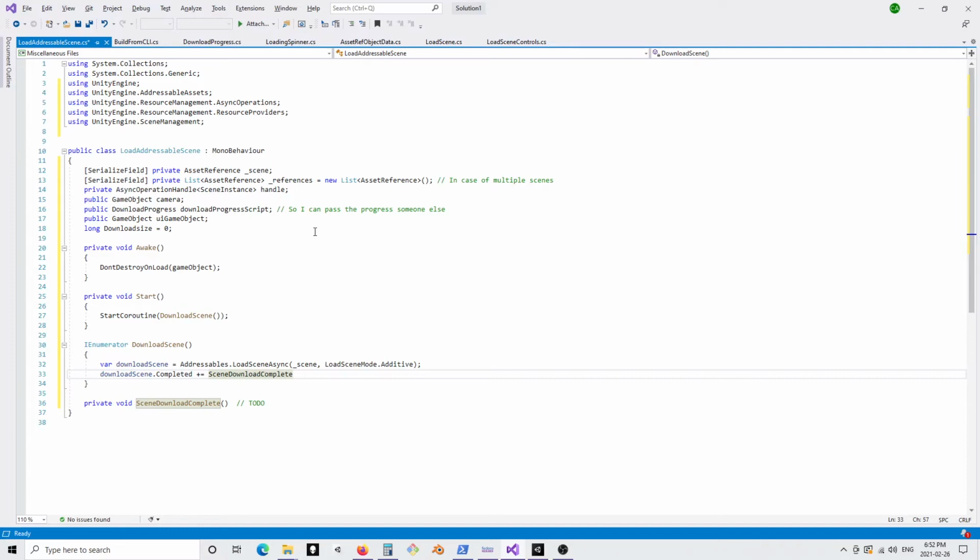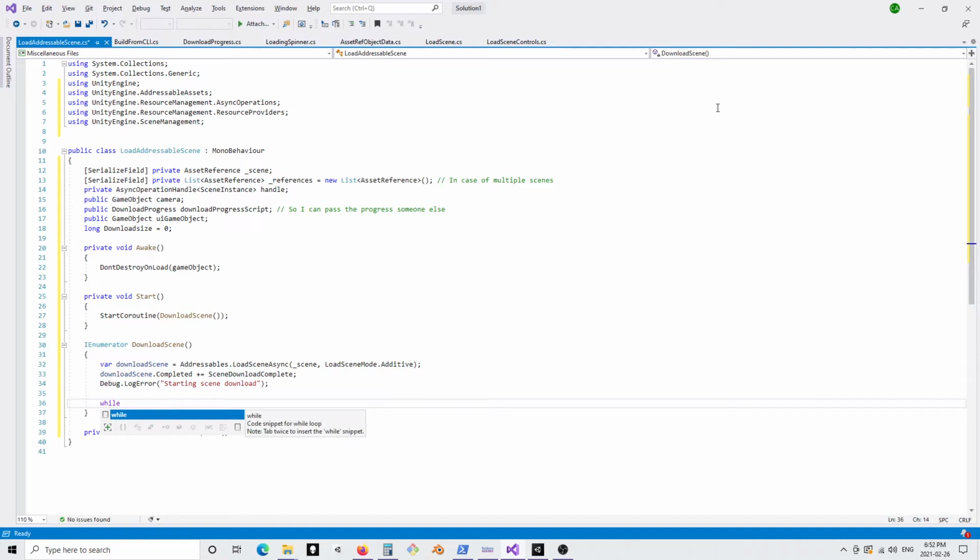Yeah. Output this to the console. I'm going to use LogError so I can see it. Start scene download, because at this point it has actually begun the download process, and we are going to set it up so that while the download scene is not done,